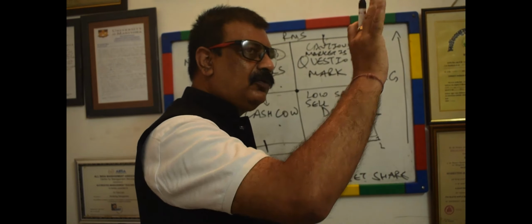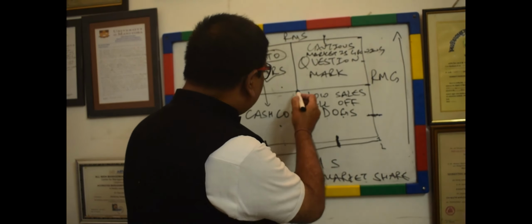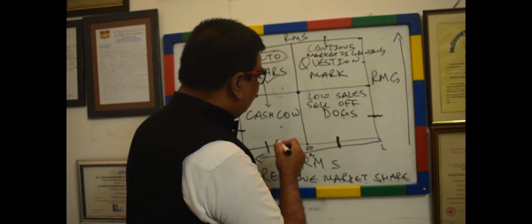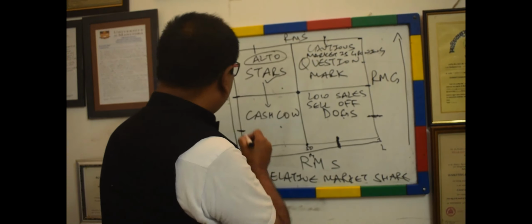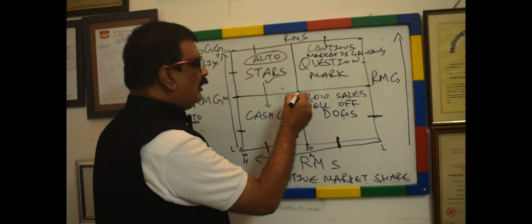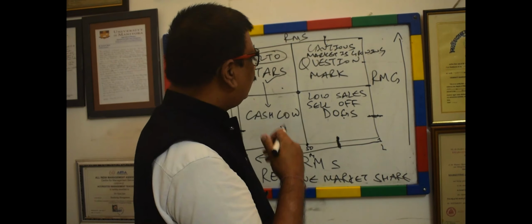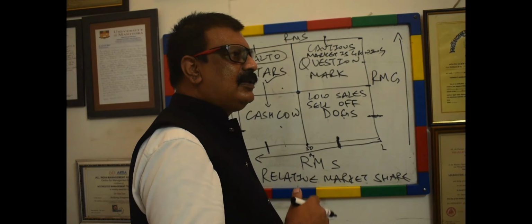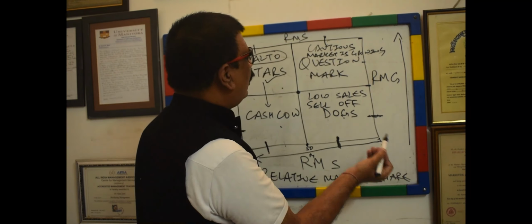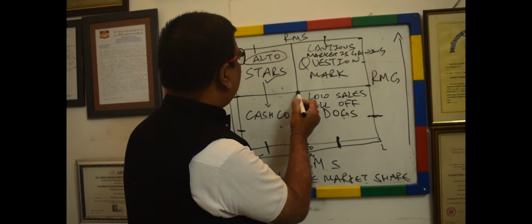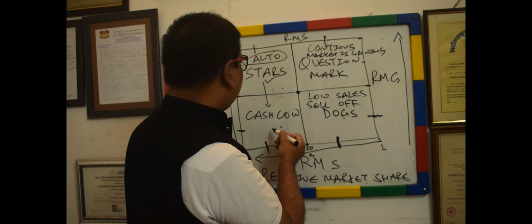And then, "Take him out of the class, who knows what all he keeps asking." I said, sir, where am I wrong? Brother, it is here, which means this is the market share. This is the market growth. So this is what it will be. So what is it? I tried to answer it. What is this? This could be, if you fall this side, it's dog. If you fall this side, it's question mark. If you fall this side, it's star. If you fall this side, it's cash cow.